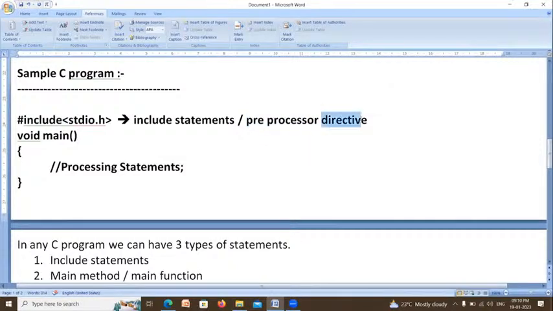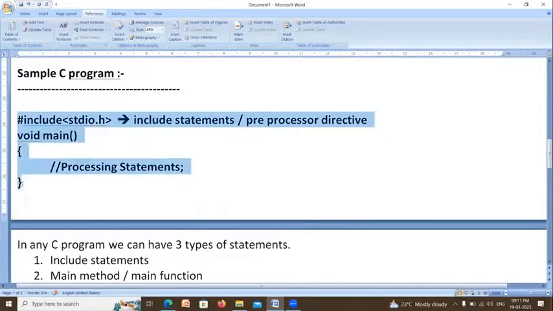Now what is the meaning of directive? Directive means it gives direction to the compiler. What is the compiler? Compiler is software which converts your program into a machine understandable program.